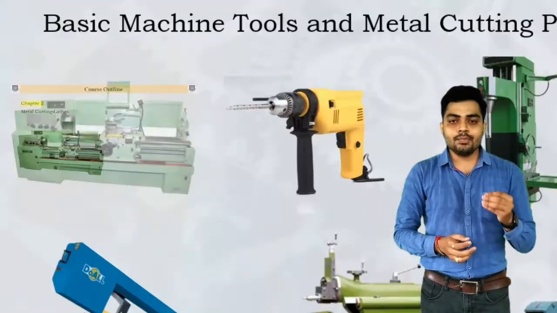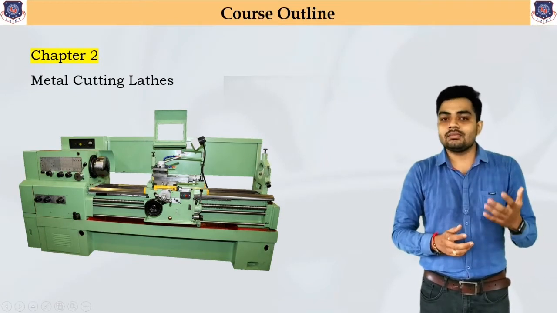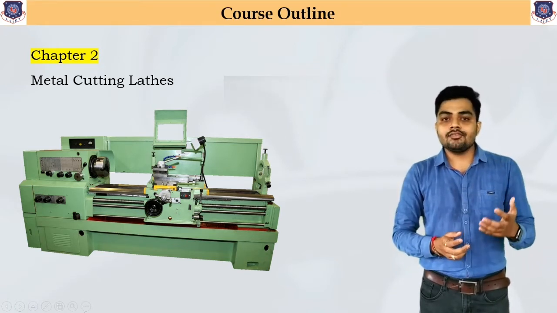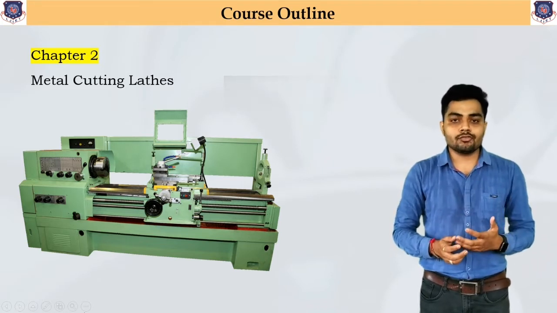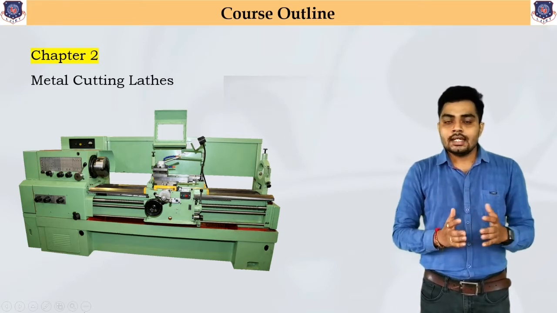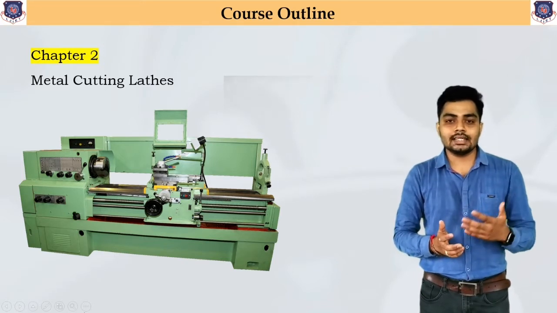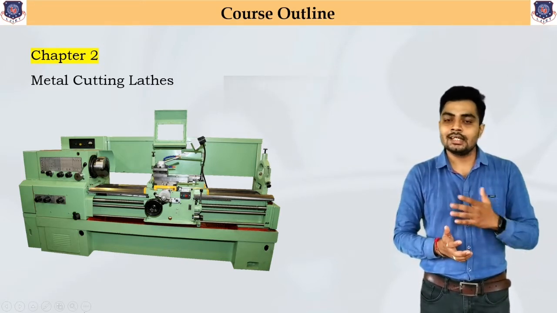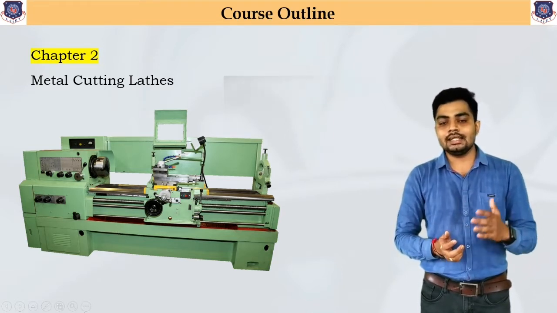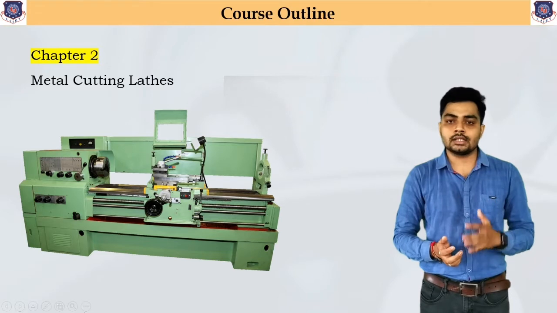As you can see, a simple figure of the lathe machine is shown here. In industries, different types of lathe machines are available. In this chapter we will study the different parts of the lathe machine and which different operations can be performed by using those parts. For example, if you want to cut a thread on a component, or machine a cylindrical component, you can perform that on this lathe machine. Simply, the lathe machine is one of the most important machines in industrial areas, because it is the primary machine required to perform any basic operation on a component.